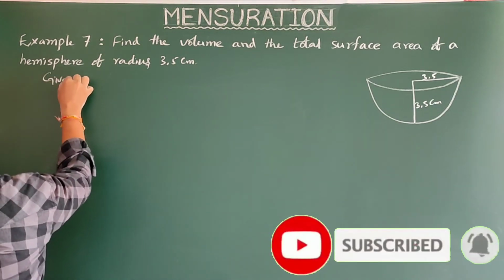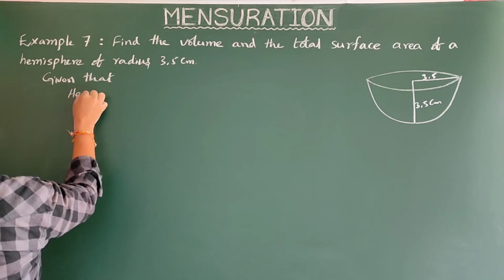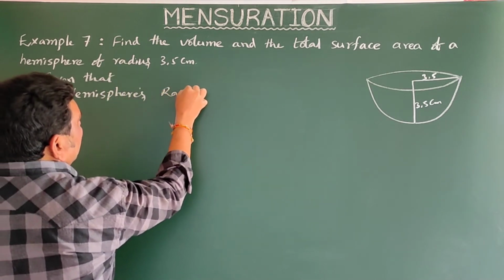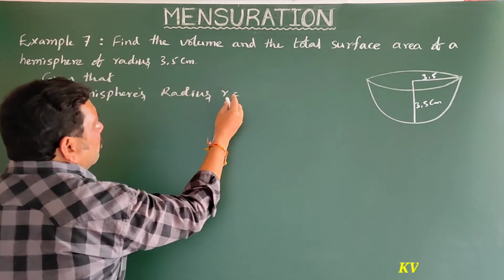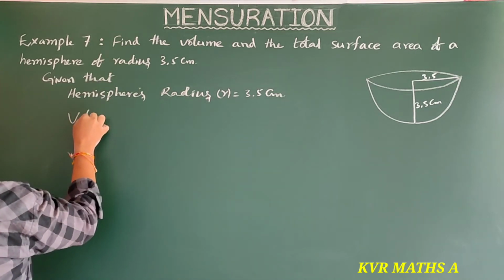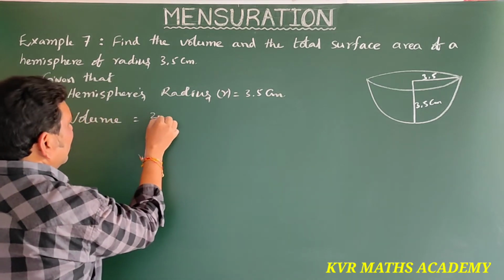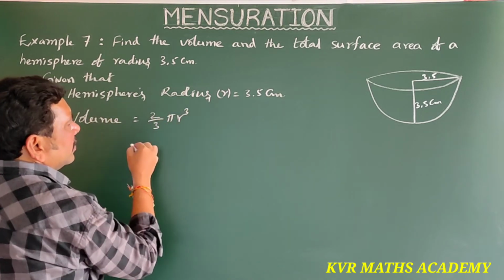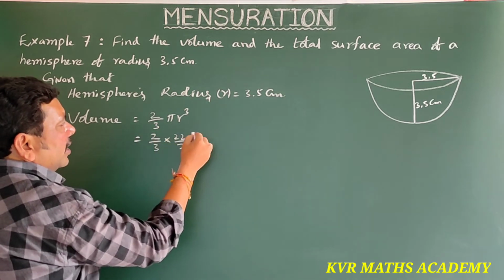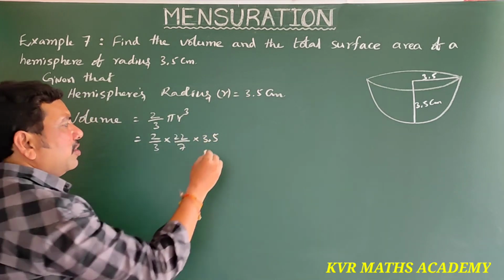Given that the hemisphere's radius r is equal to how much? 3.5 centimeters. Next, volume is equal to, what is the formula of volume of the hemisphere? It is 2/3 pi r cube, isn't it? So that is equal to 2 by 3 into pi, which is 22 by 7, into radius, radius how much? 3.5 whole cube, no? 3.5 whole cube means 3.5 into